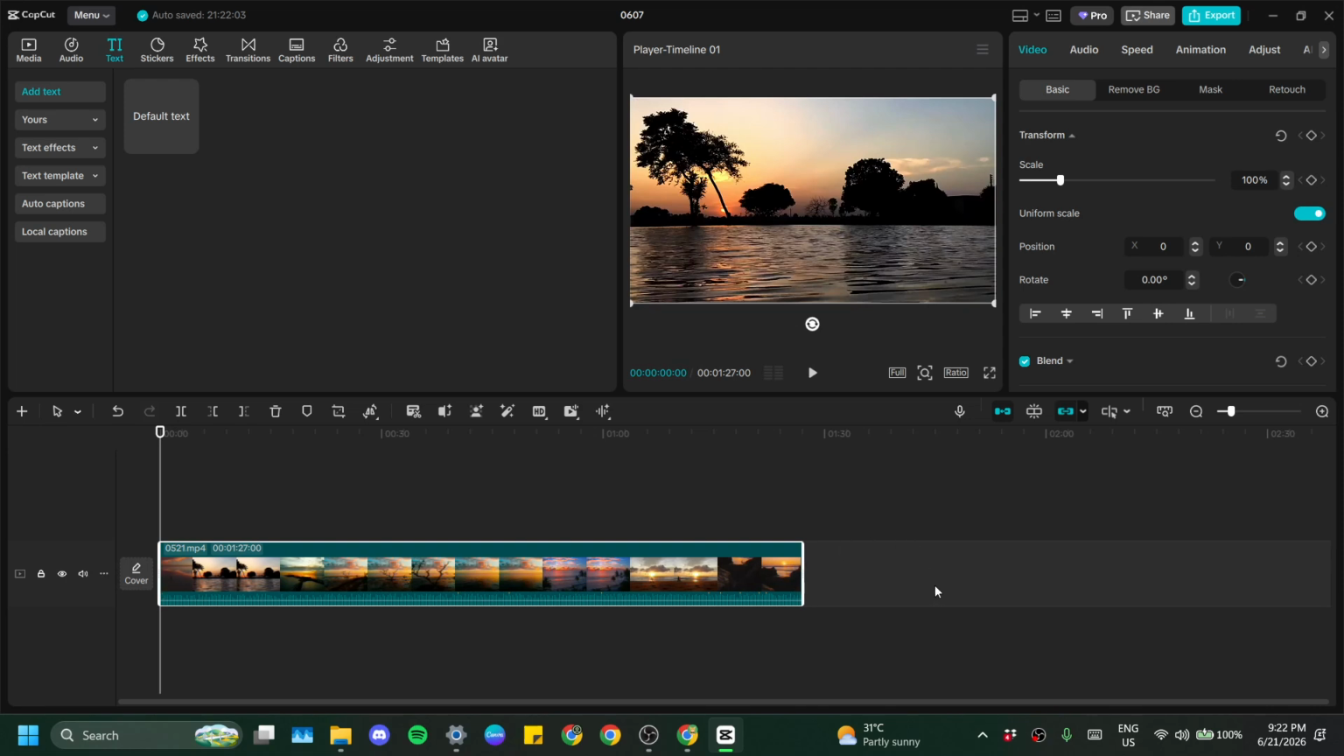As soon as you apply the new speed, look back down at the timeline. You'll notice the clip becomes shorter and compresses inward. That visual change shows CapCut has successfully sped up the footage. And that's it. With just a few quick clicks, you've selected your clip, opened the speed settings, and manually entered a faster playback value. This is one of the quickest ways to control pacing in your edit and save time when